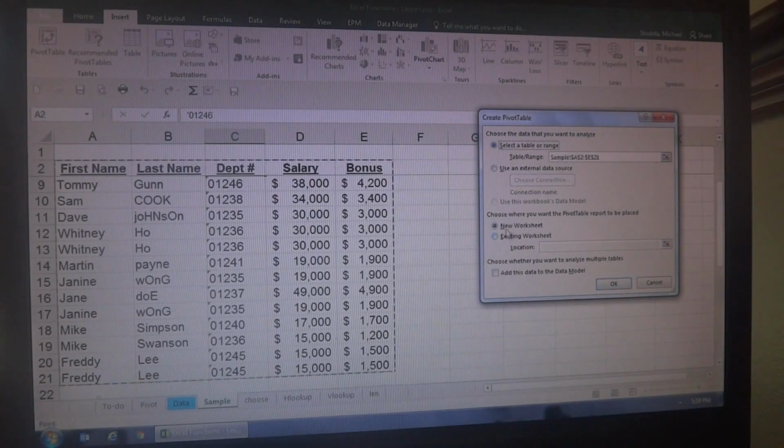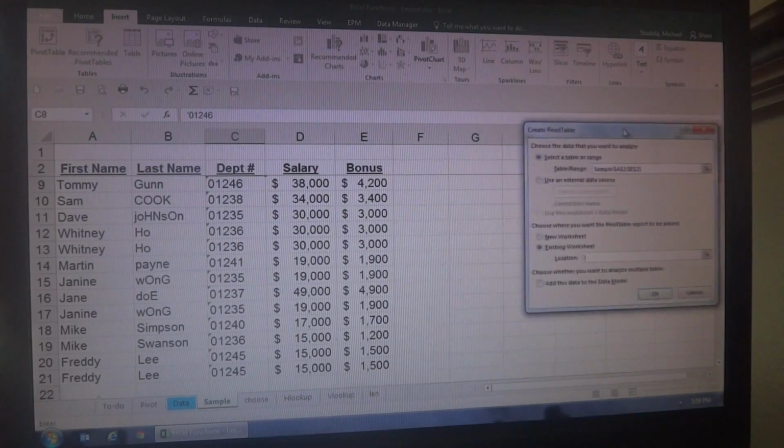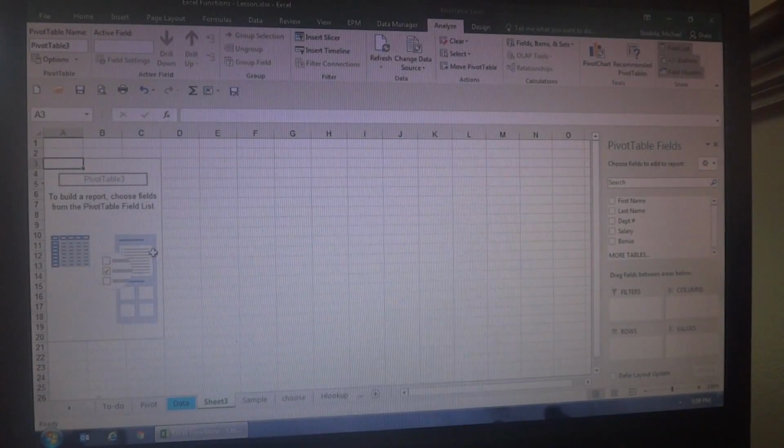So, and then down here, selecting new worksheet is just going to open up a whole new worksheet. That's all it's going to do. Or you can say, hey, I don't want to add a new worksheet. I want to put my pivot table right here, and that's where your pivot table would start. All right. So I'm going to go to new worksheet, and